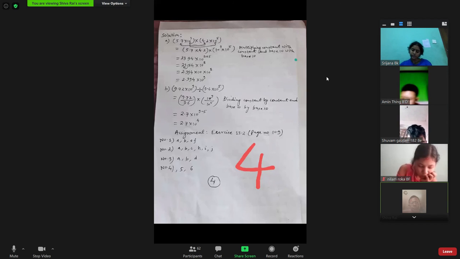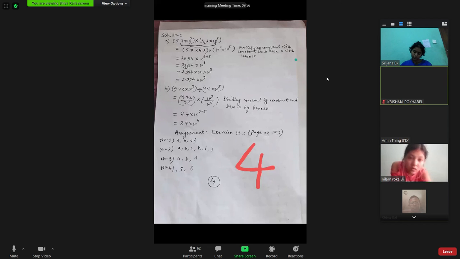Listen, till today what you have learned. You have learned sets. Have you learned or no? Yes, sir. Factorization you have learned. Yes, sir. All you have learned. No problem. After that, in statistics you have learned mean, median, mode. Have you learned or no? Yes, sir. And after this we have learned the rational number system. All finished, number system all finished.